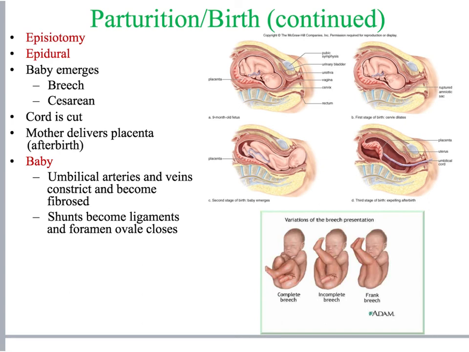All right, so the next thing that has to happen, of course, is that the placenta has to be delivered, and this is attached to all the fetal membranes. This collectively is called the afterbirth. This usually happens about 30 minutes after the birth of the infant, and there is another series of strong uterine contractions that continue after birth, and these help to further compress uterine blood vessels and limit bleeding.